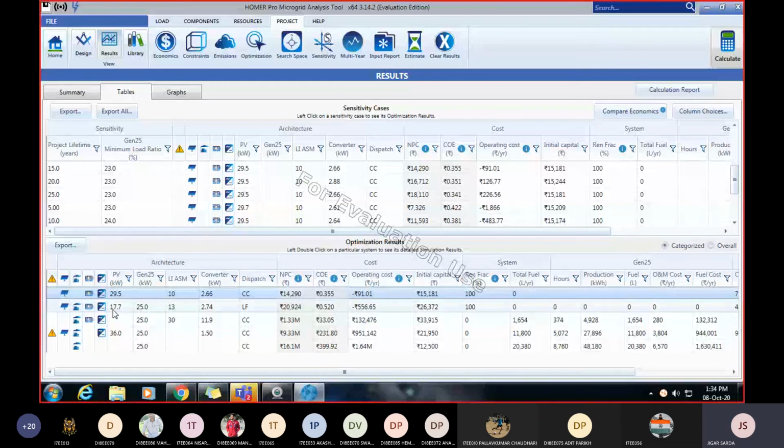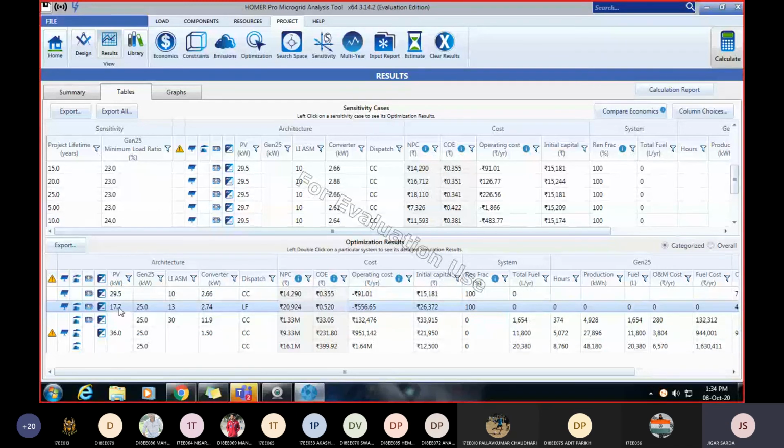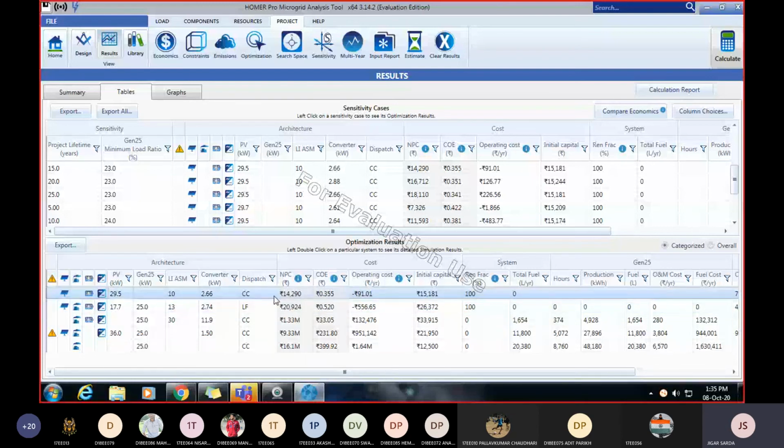See the second solution. We take power from solar, 17.7 kilowatt, and from the diesel generator, 25 kilowatt. Our battery capacity is 13 kilowatt, and the converter rating is 2.74 kilowatt. At that time NPC is 20,924, which is very high compared to this combination.